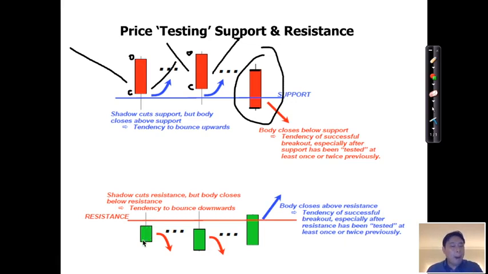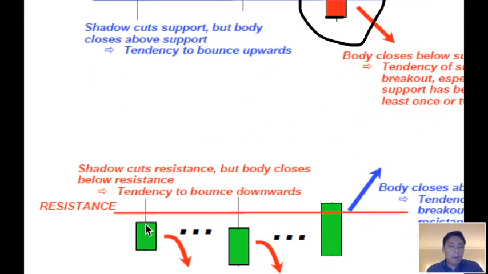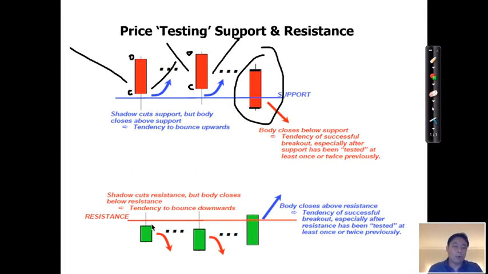It means that the buyers attempted to push the price above the resistance. They say, oh, we're going to break it out, we're going to start a new uptrend, right? But they weren't successful. Sellers came in and sold, and the sellers pushed the price back below the resistance. So the buyers couldn't get above the resistance. They're still not above water. And this tells you that the sellers won. So oftentimes when this happens, the price will tend to go back down again, because it couldn't break the resistance.